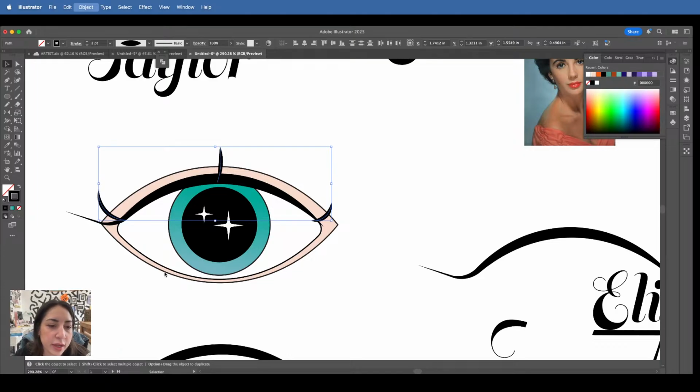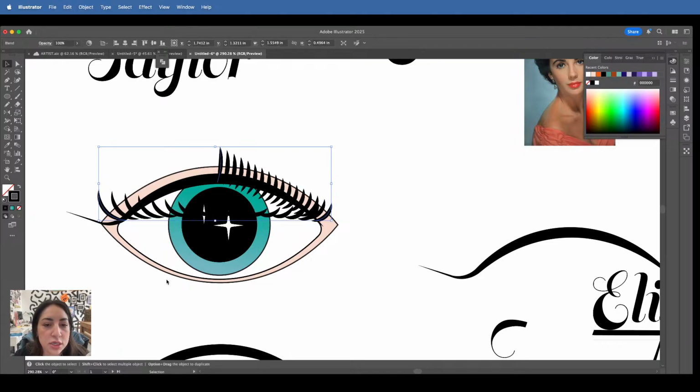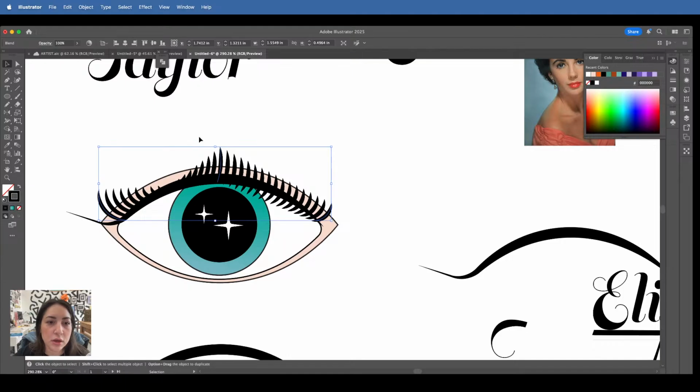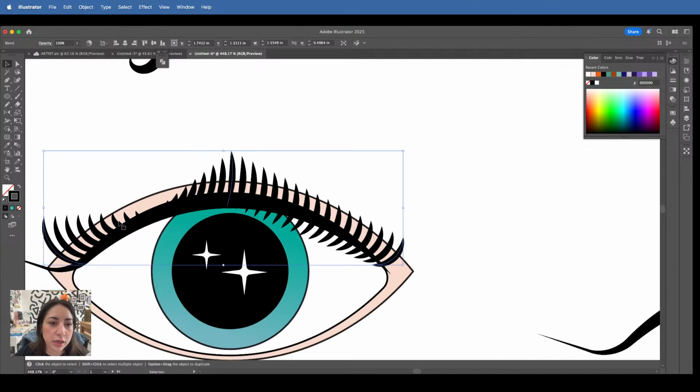I'm going to do the same thing. Blend, make. Okay. I think maybe this needs to go back. These need to come to the front, and this needs to be the top one. Let's see if that works. Object, blend, make. Okay.